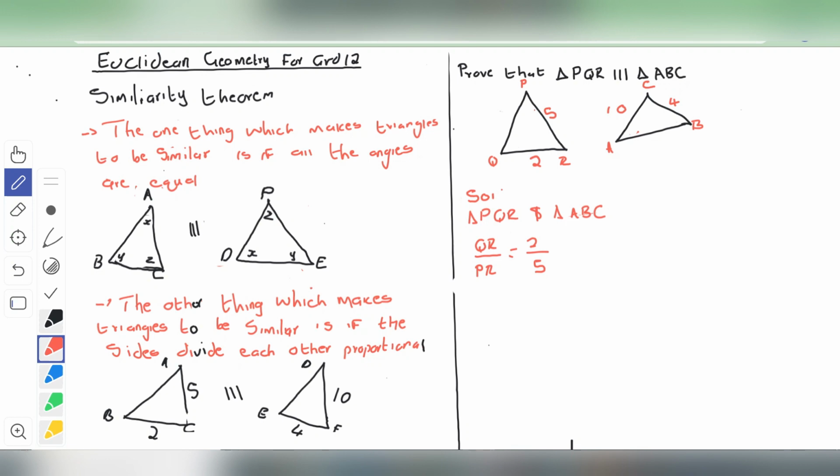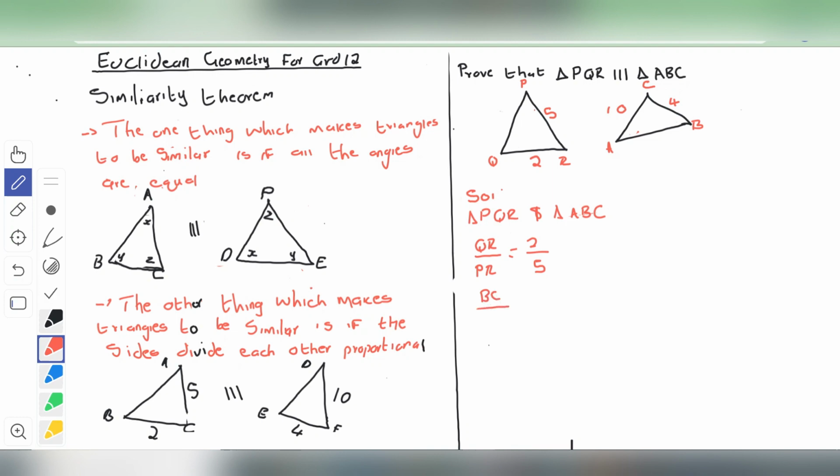From the first triangle, I said QR is equal to 2. I firstly wrote QR. Where's QR from the triangle? Remember, it's PQR, meaning it's the second letter and the third letter. So I'm going to my second triangle and I'm going to choose the second letter and the third letter, which is BC. So I'm going to write BC